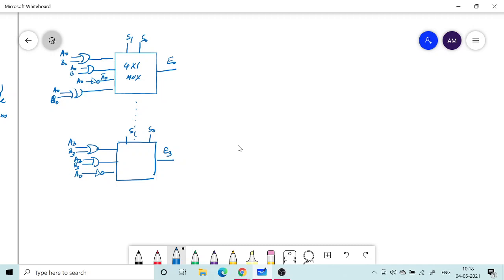So A0, sorry, here it will be A3, and I will get A3 bar here. And the final one, I said I will give a XOR gate. So depending upon what gate operation you want, so this is A3 and B3. Okay, so that is my E3, and E1 and E2 are in between. It's like a similar 4x1 mux. I am not showing that explicitly, but assume that they are also available.